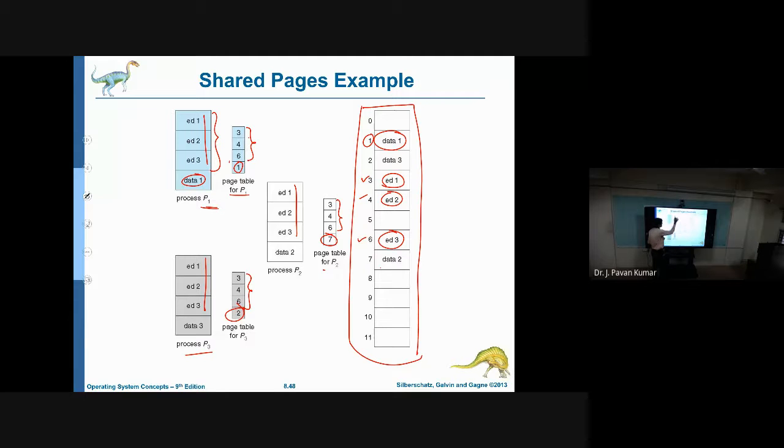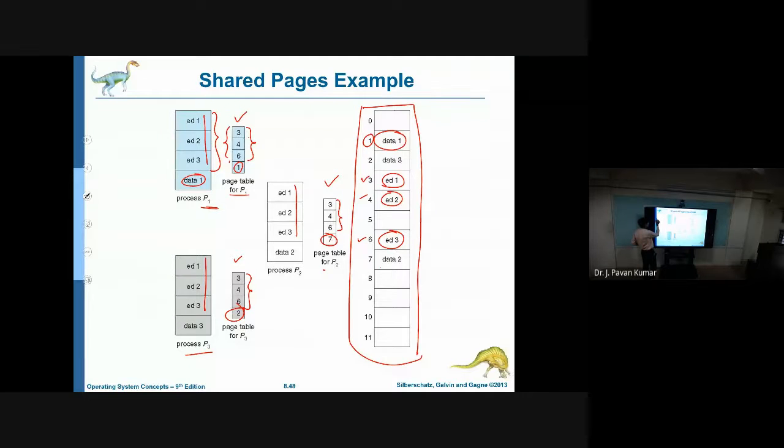So if you observe the page tables of these 3 processes, we have common code frames like 3, 4, 6, 3, 4, 6, but the data is different. This is called shared pages. These pages are shared among several processes.